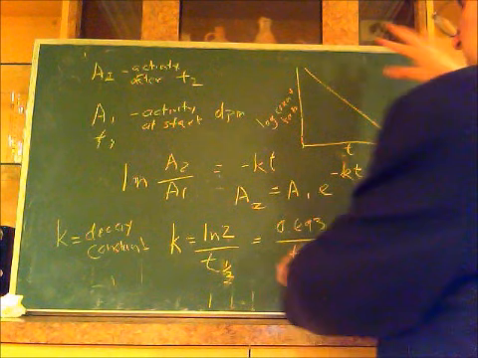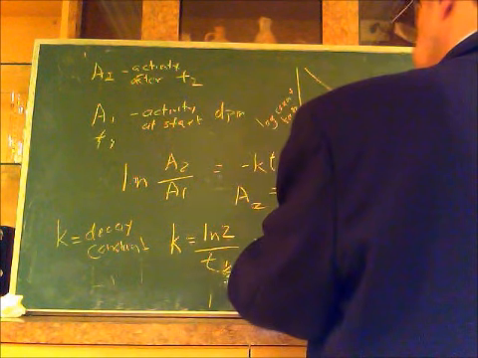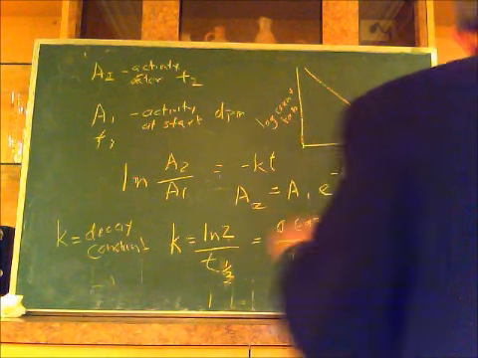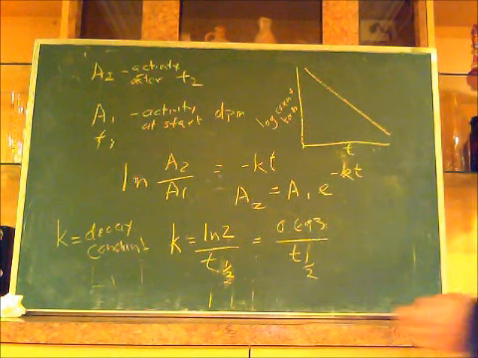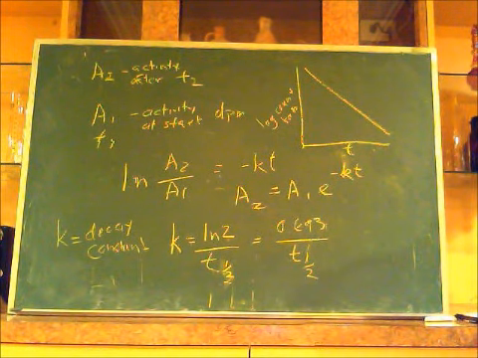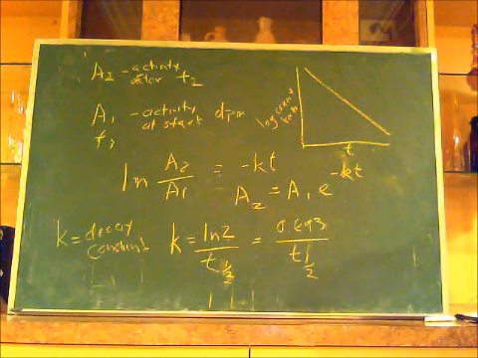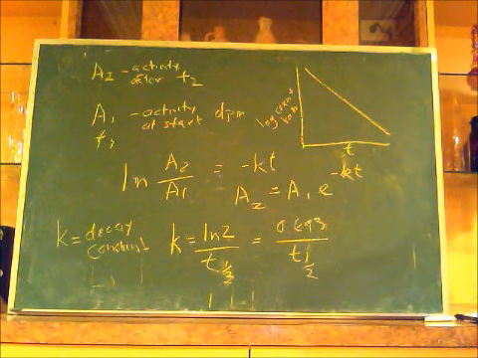And from that relationship, we also know that the half-life is going to be 0.693 divided by k. So there's a number of things we can do here. One of the more interesting things is that we can rearrange this equation a little bit to get something that's more useful for us. If we substitute in this expression here, we can come up with